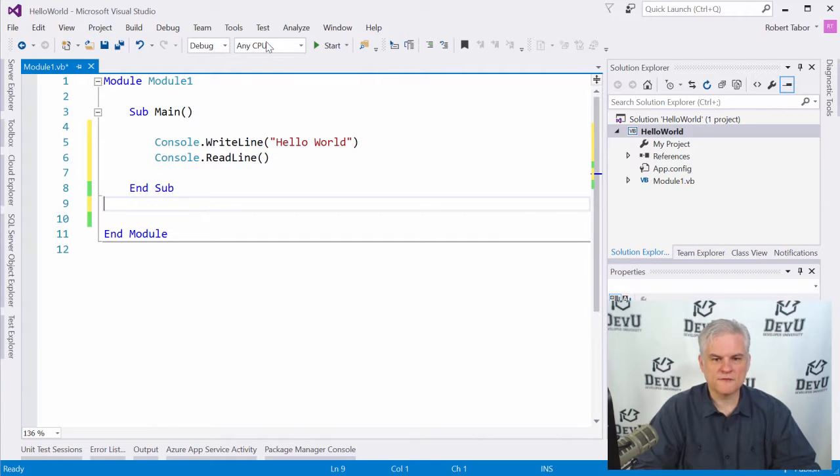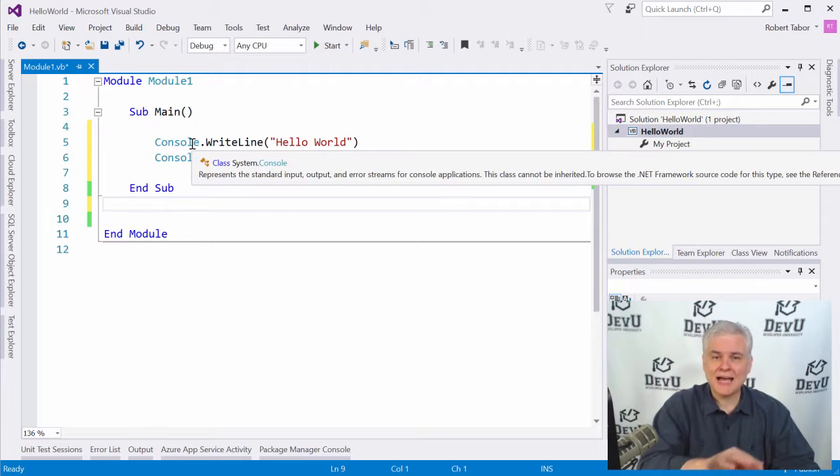And so that's probably one of the first and most important messages, that it matters where you type your code. And I'll explain what a Sub is versus a Module. There are other kinds of code blocks, as we'll come to understand as we continue through this series. But that's one potential error that you could have run into. You saw how Visual Studio tries to tell us that there's a problem with the red squiggly line.